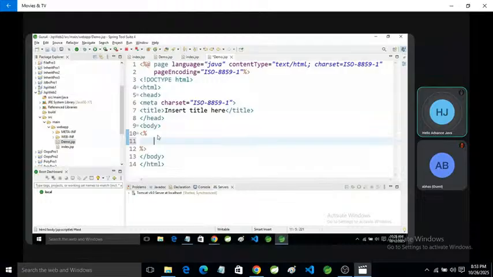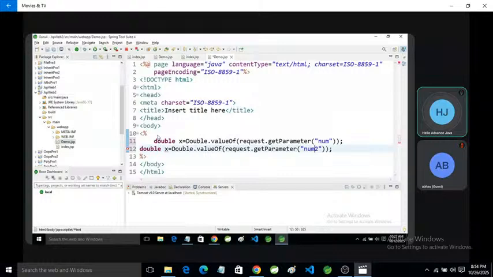Suppose you declare double x is equal to double num value of request dot get parameter, specify here num. Same as we can do num2.